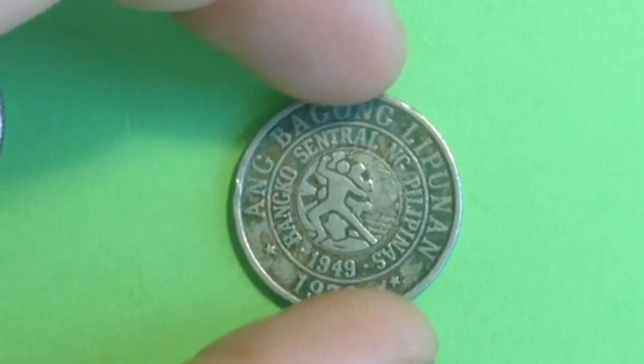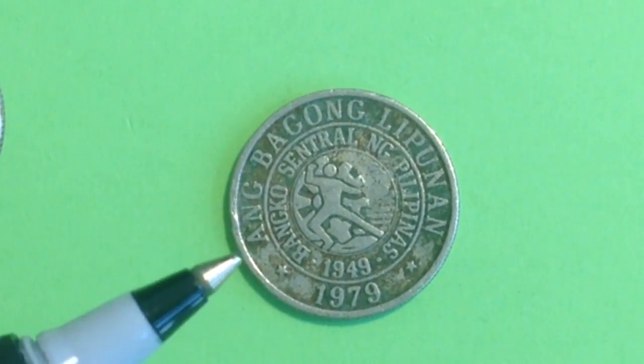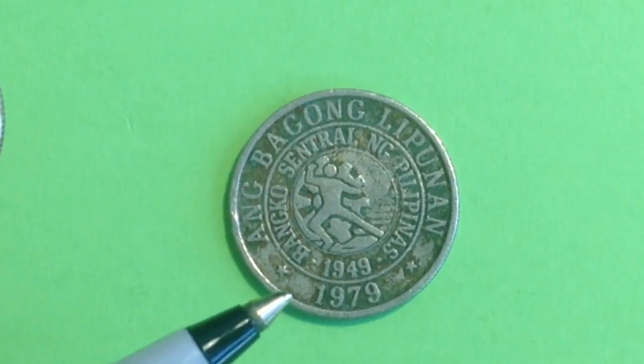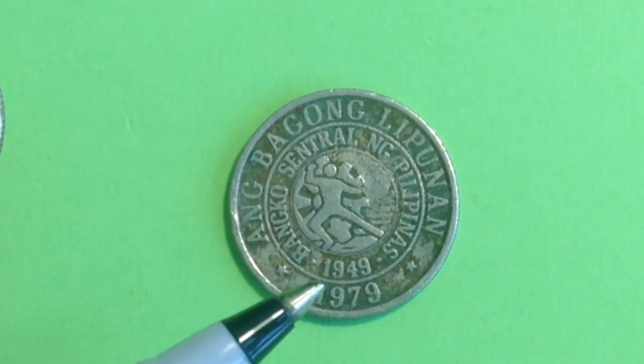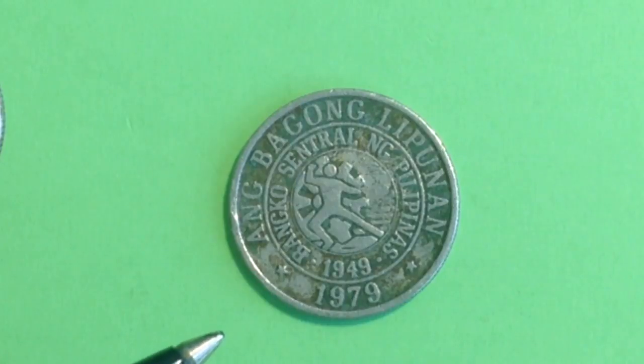Now the back's a little bit more interesting. So we've got 2 dates. Now 2 dates usually indicates that it's a circulating commemorative coin. That's not the case here. So they made this from 1967 up until 1974, so this one came out in many years. But what this is commemorating kind of speaks to what we were talking about earlier on our search for the 1944